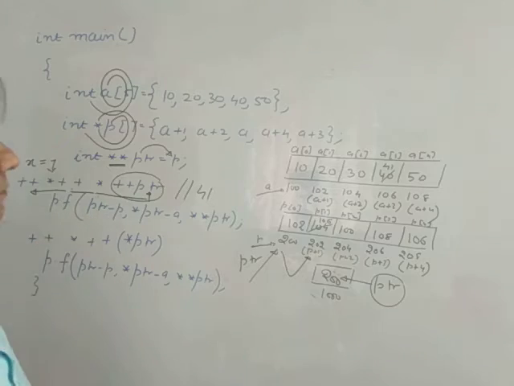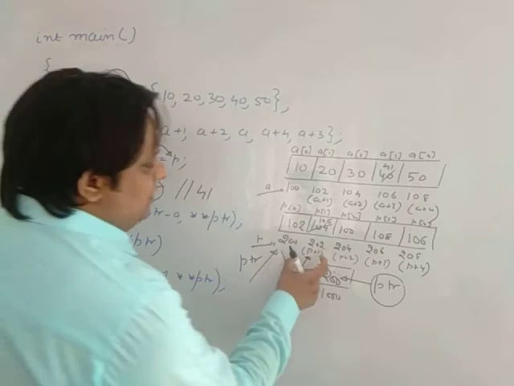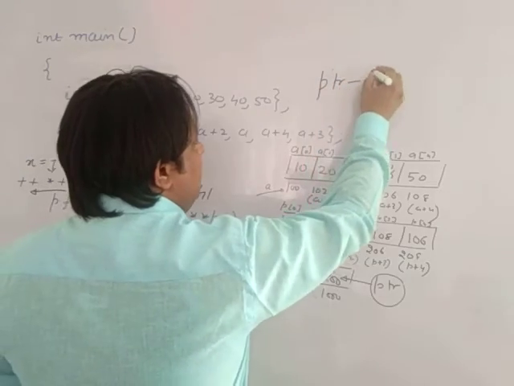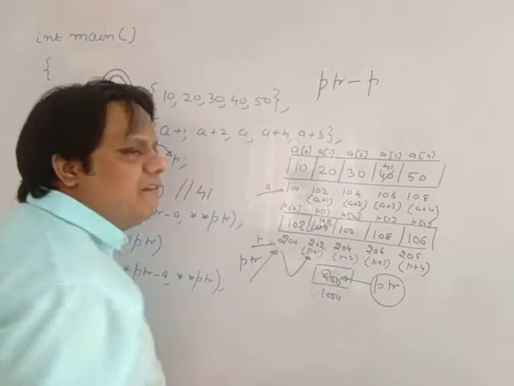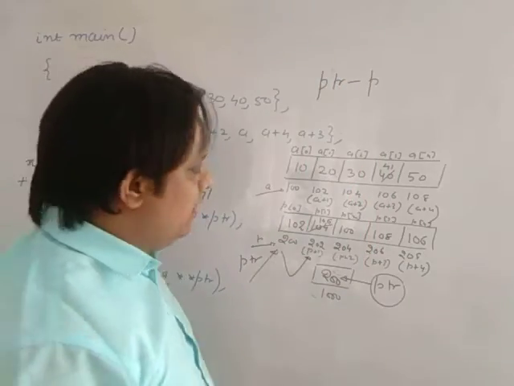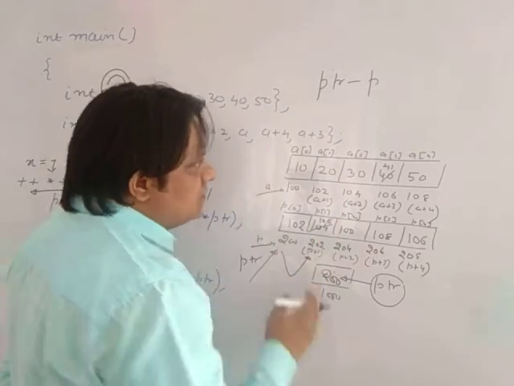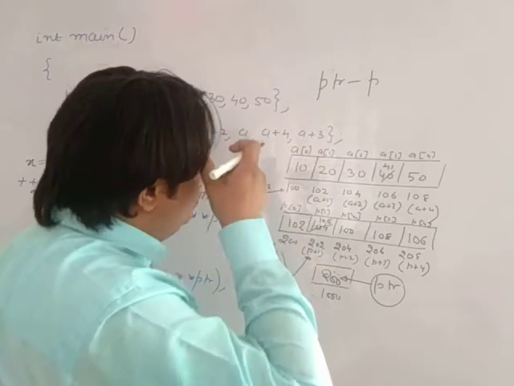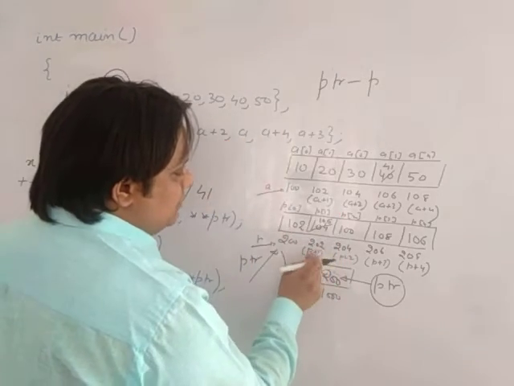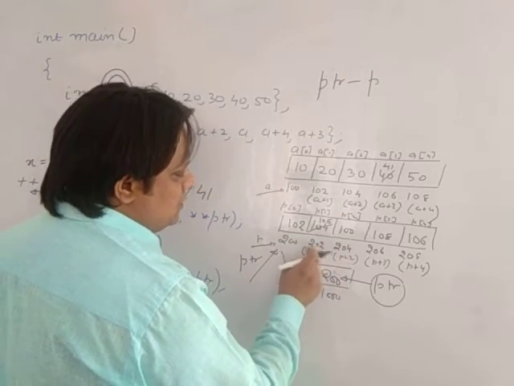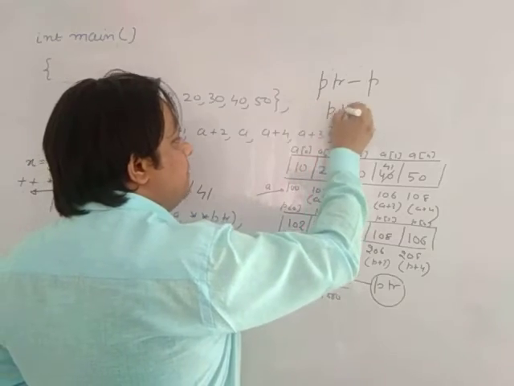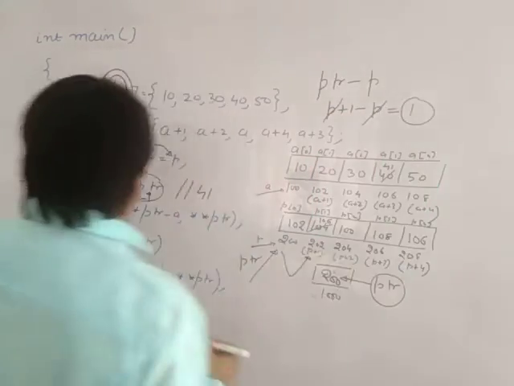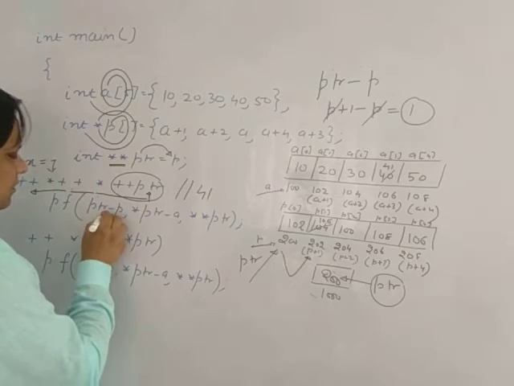Now what is ptr minus p? See, your ptr is pointing at what? 202. ptr minus p, see, these two are two different variables. Fine. So if you can convert one in the form of others, then it's easy to solve. For example, your ptr is pointing at 202, so I can write this 202 as p plus 1, because 202 is nothing but p plus 1. So write p plus 1 minus p, cancelled out, what is left is 1. So ptr minus p is 1.